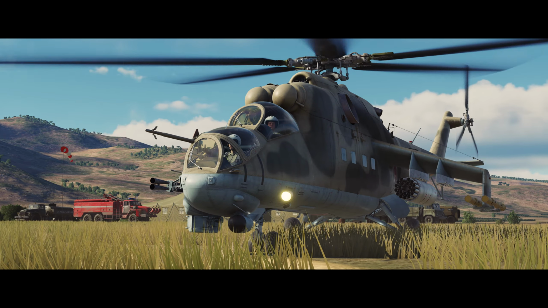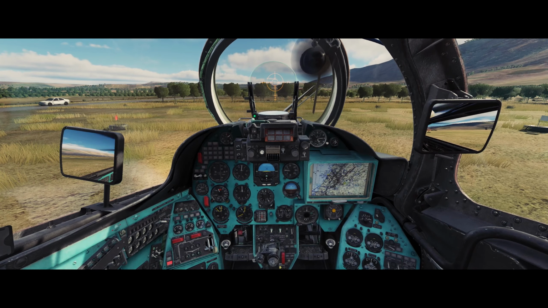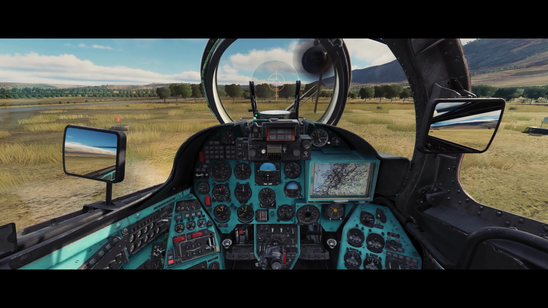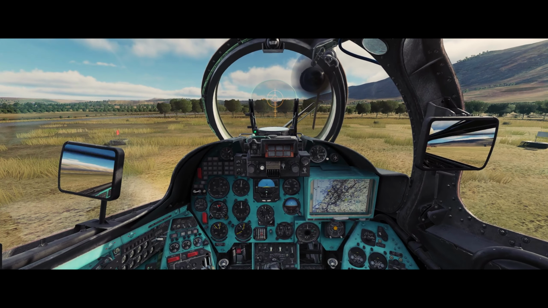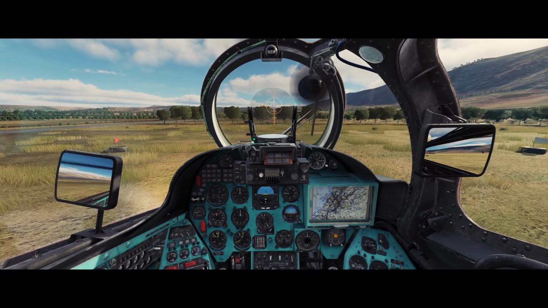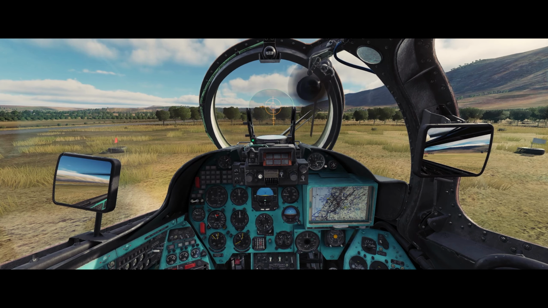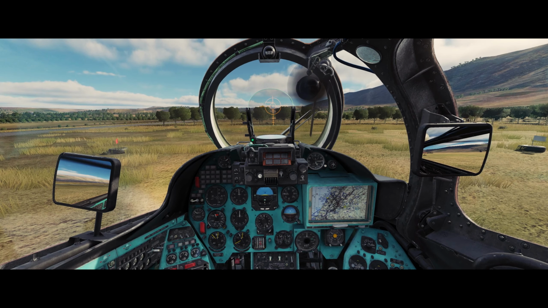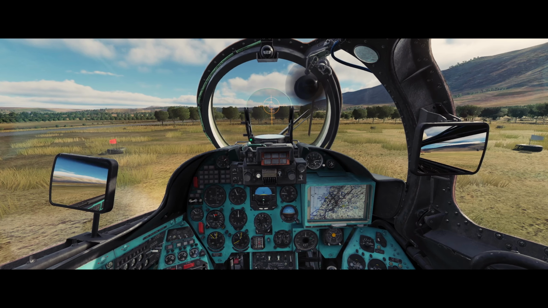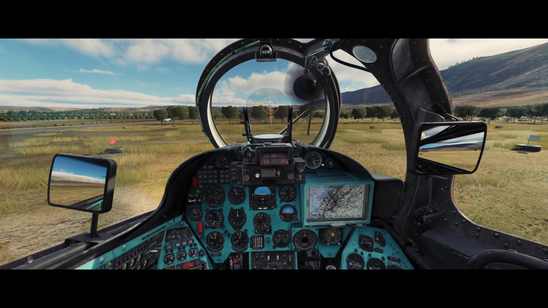Now let's pre-trim my rotor to somewhere where I think it should be. And once I'm satisfied with that, I can bring up the collective to about 3.5%, and then make some minor adjustments to the trim. Gotta look real careful for the horizon to see any changes. And once I'm satisfied with that, I'm going to bring it up even more